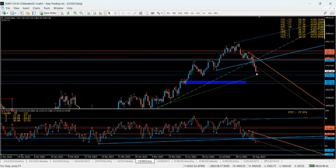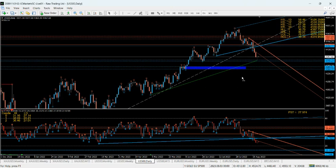That could happen. The other thing is, if it doesn't come back for a retest but goes up first, all right, then just be mindful. They might be looking to sell from the highs to push down, okay? Once again, keep an eye out for your swing days. I've already put them in the members area, okay? The indices should also be coming down, all right? So as you can see,